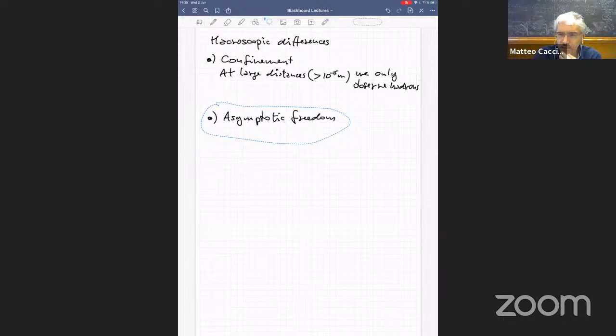As I was saying yesterday, there is even a $1 million prize for the person who actually proves confinement. So this is one of the biggest differences, of course. The second difference, asymptotic freedom, is the statement that the coupling